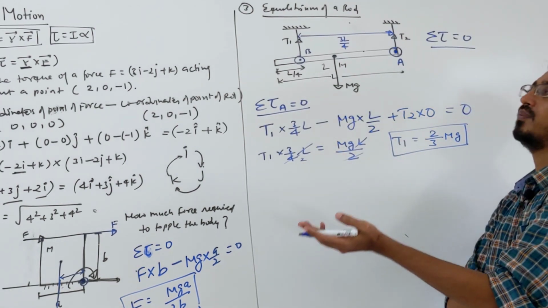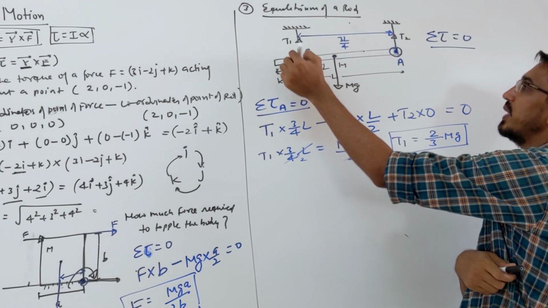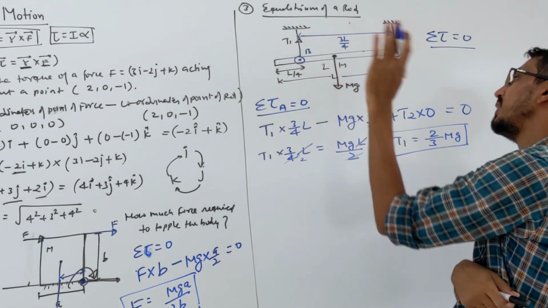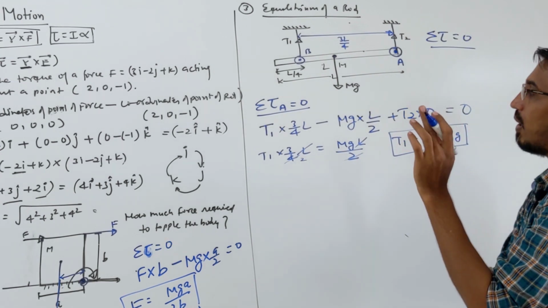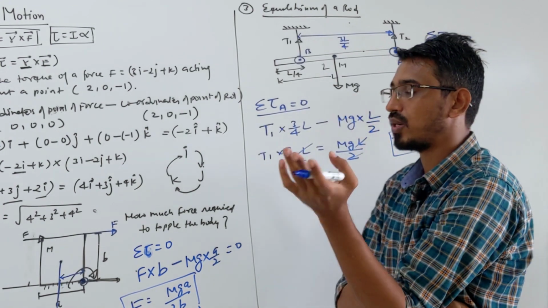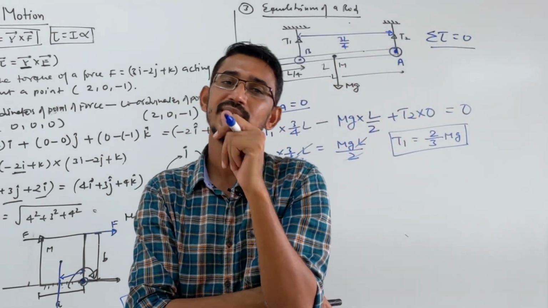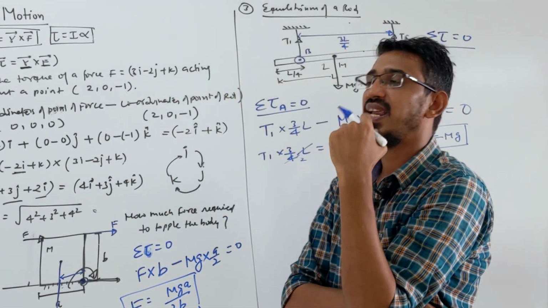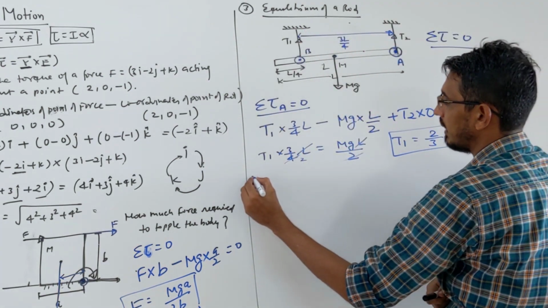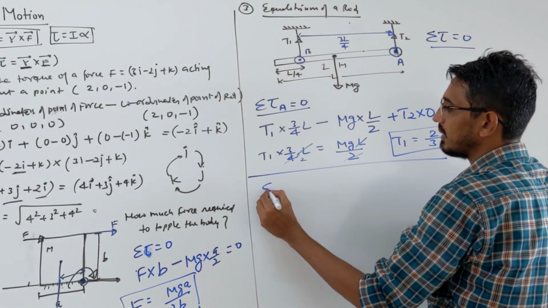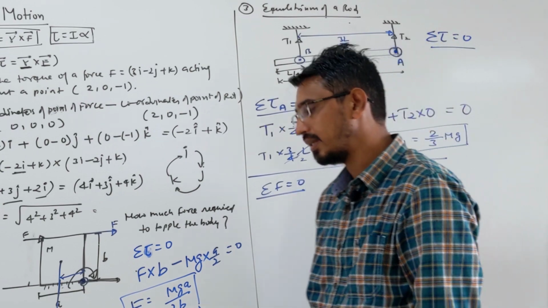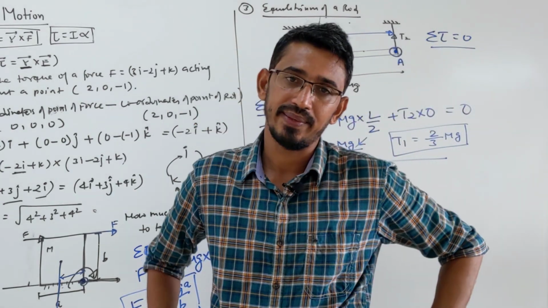So there are two ways. One way, you can take torque at point B, so that T1 becomes 0 and T2 is the only unknown, and you can find it. Or, this is the rotational equilibrium we wrote. Already I said that when rotational equilibrium is happening, translatory equilibrium is also there, so you can write net force equal to 0. Two methods to calculate the second unknown, that I am telling.